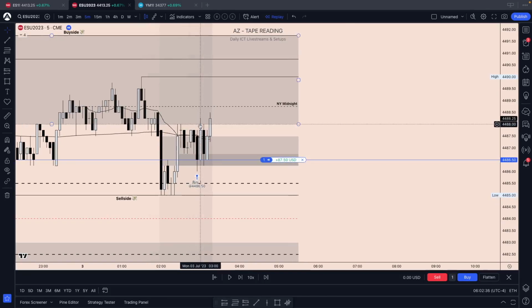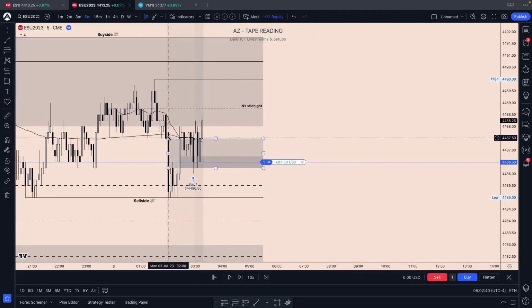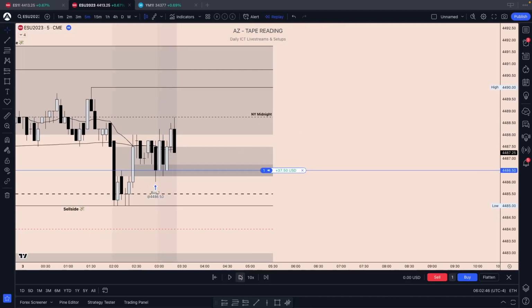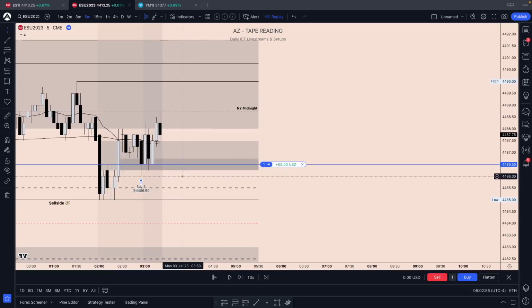We keep on pushing higher, so now we have a new highest close for the London kill zone. So we started the kill zone right here. That's the highest close for the kill zone. Just following along price action. We touched that midnight level and rejected from it. Okay, that's interesting. So right now, really, I would put my stop loss just below the low, because if we